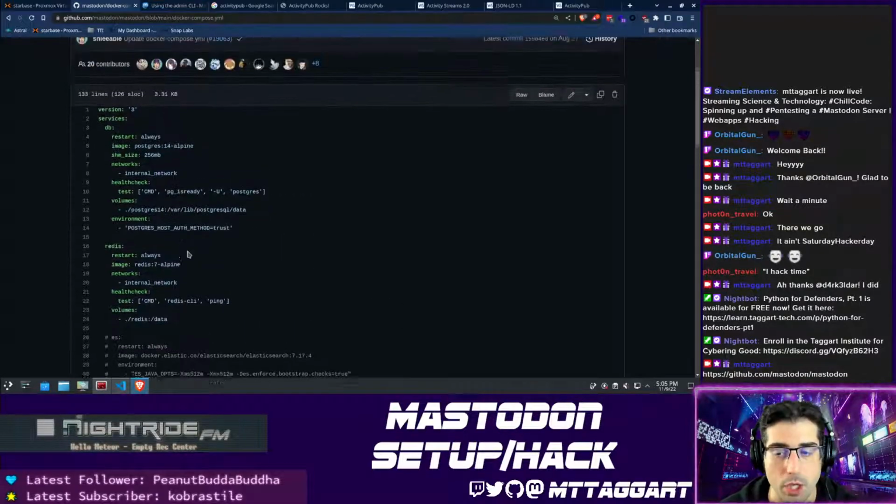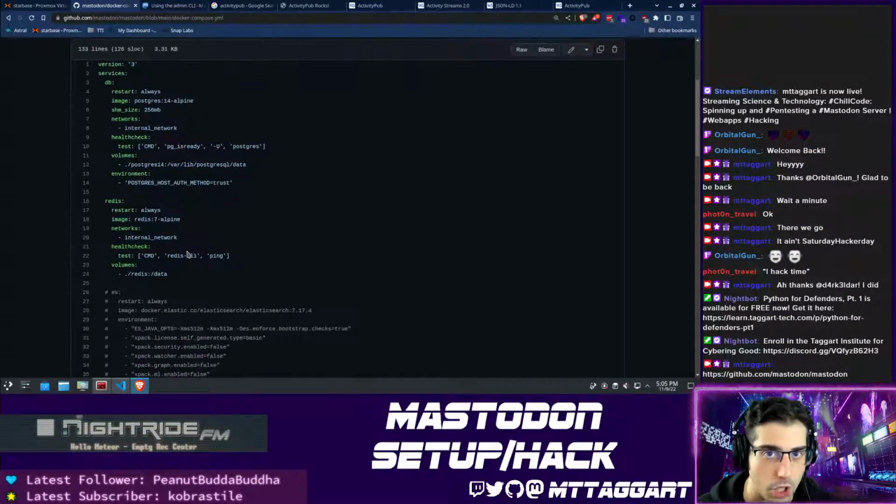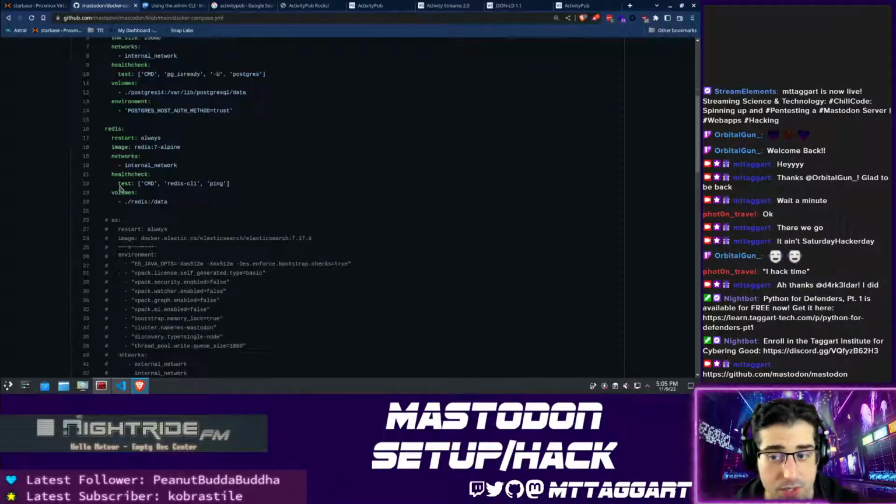But this does give you a good idea as to what the moving parts are with Mastodon, right? So obviously we have a database. It's Postgres. We have Redis for our caching